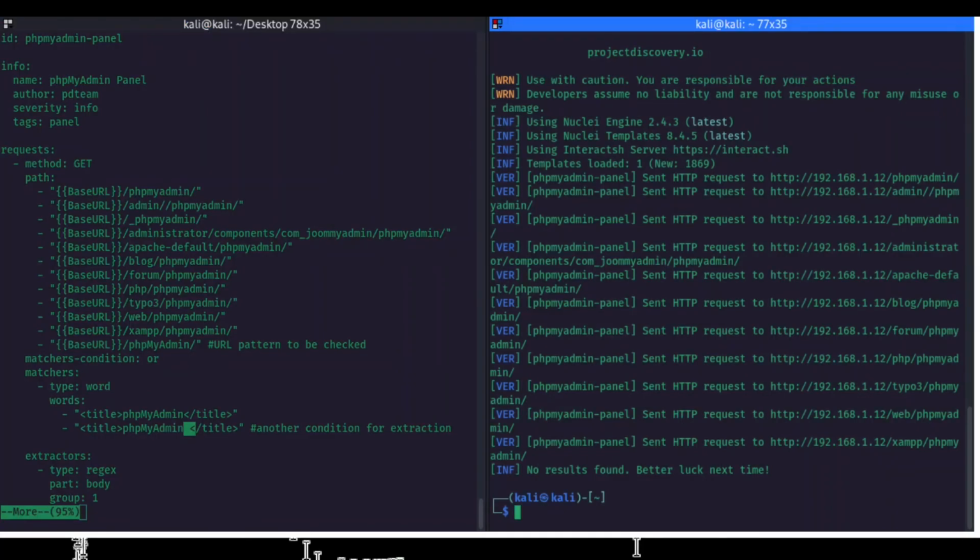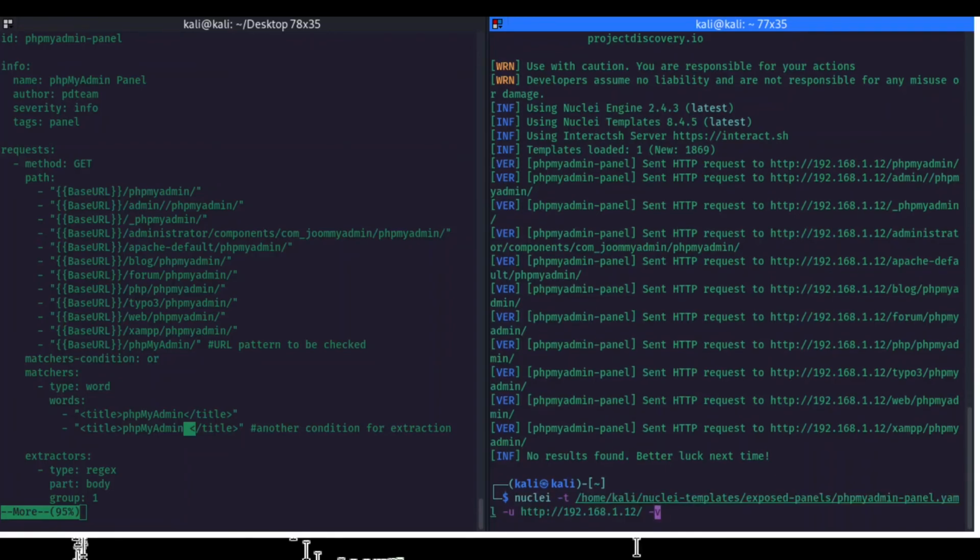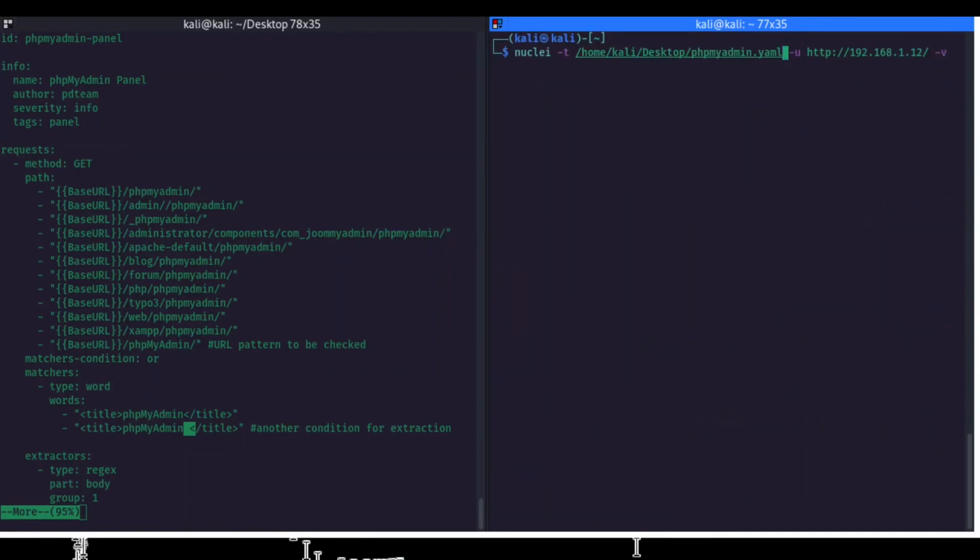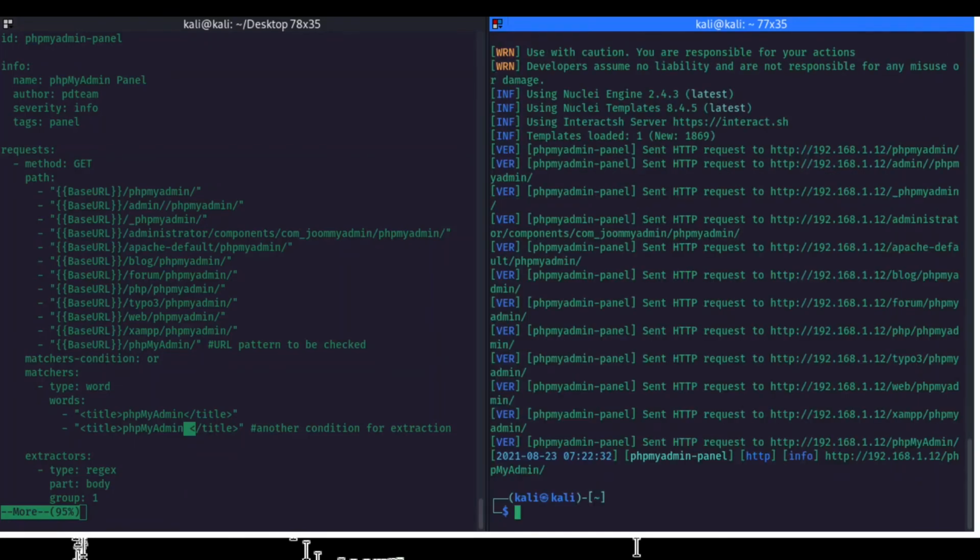If we run this script, it will show us the result here. I will just change the path here. Let's run this command and see what we get. Right, see here, we can get the panel. In the previous request that we sent, it was not there. So this script has been changed and one more path added, and if you use this newer available script, it will be helpful to you. So this was about PHPMyAdmin.